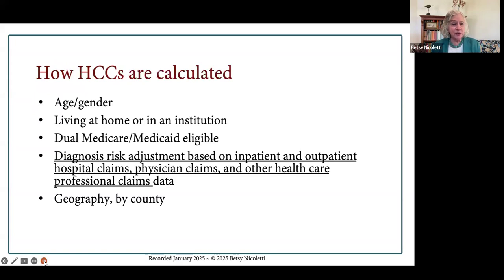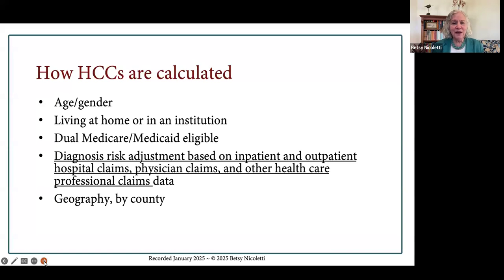So HCC scores are calculated by age and gender, whether the beneficiary is living at home or in a nursing home or institution, dually eligible, so Medicare only or Medicare and Medicaid, which often indicates there can be higher costs, geography by county, and then the one I've underlined,